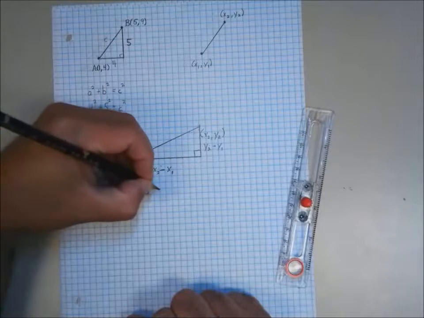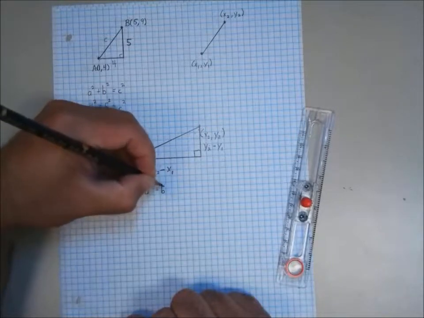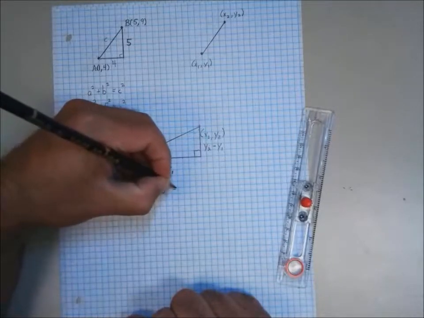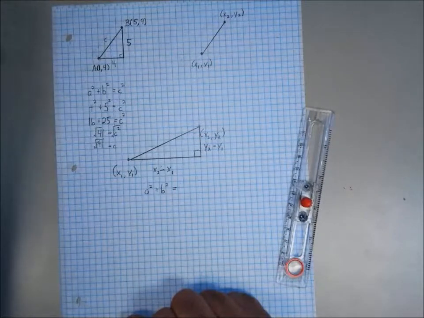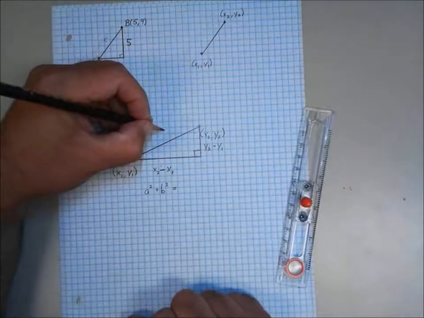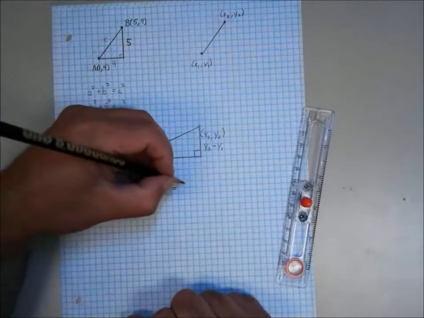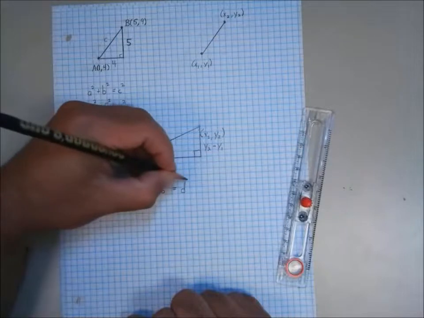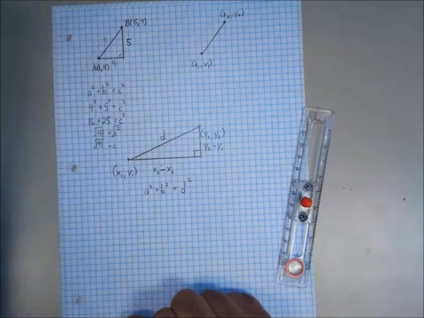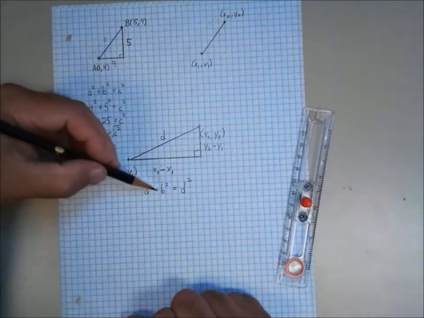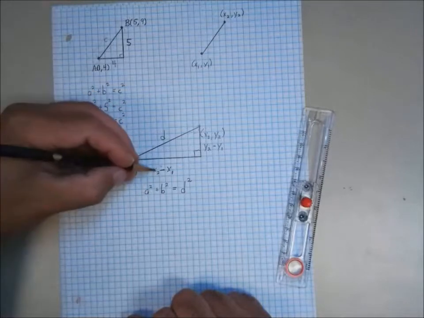a squared plus b squared equaling my answer. Now how I represent that varies. I know a little bit about the formula, and sometimes they use a d for that. So we're going to actually change this to a d for this situation. Well, these are my legs. One of them